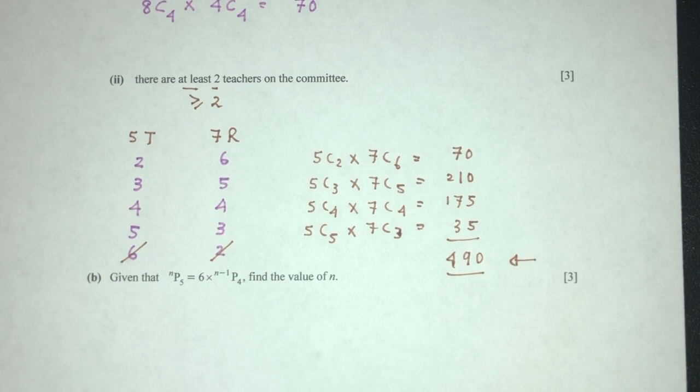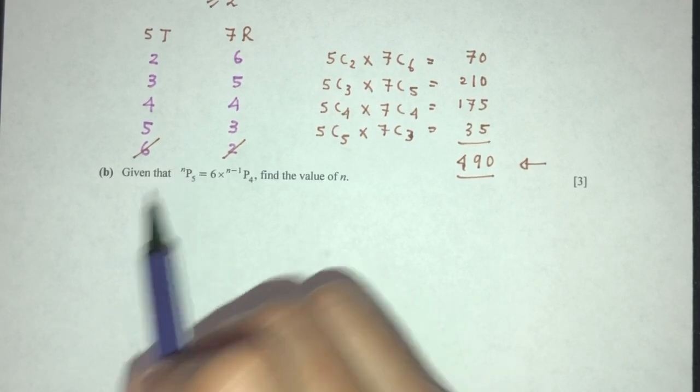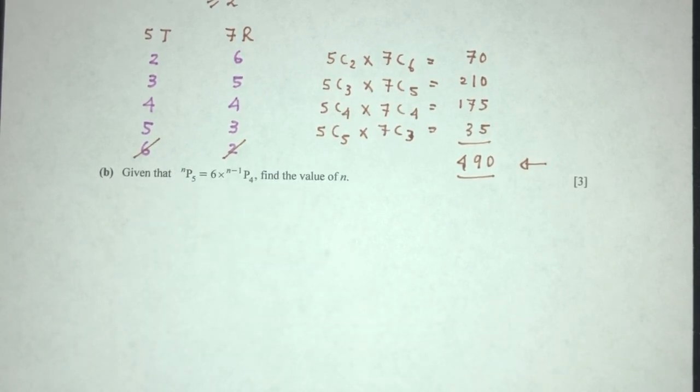Now for part B, here we have this equation. We have to find the value of n. So here we just have to know what this means. What is the formula of this one? Permutation. In this case, I don't believe they gave you that on your list, but there's a formula we have to know for permutation. Here we have n permutation of p items is equal to